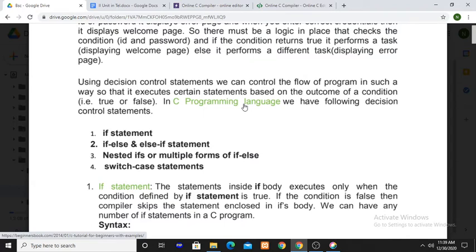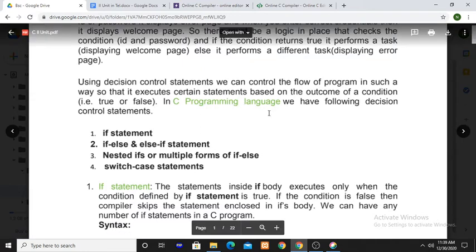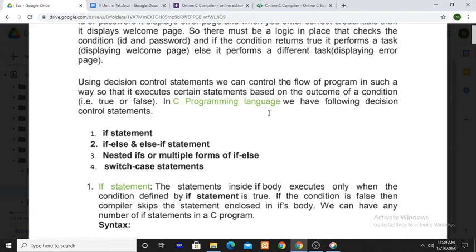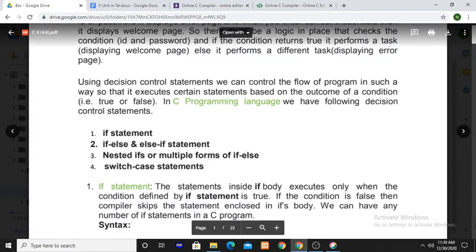True block statements, false block statements. If the condition is true, the true block statements are executed. If the condition is false, the true block is not executed; the false block statements are executed. And loop control statements means we are executing some set of statements repeatedly, more than one time. In such a case, loop control statements are used.